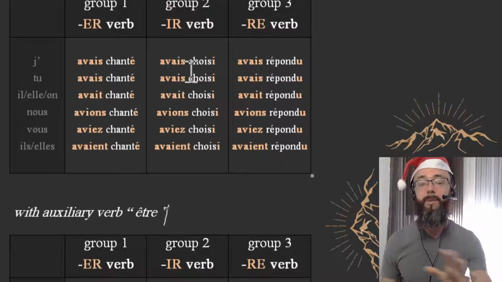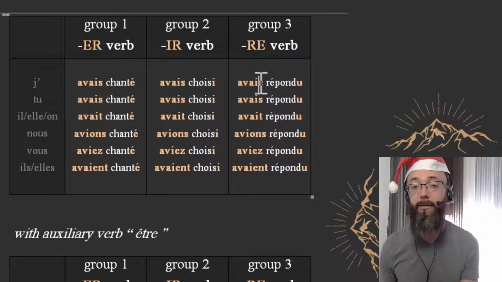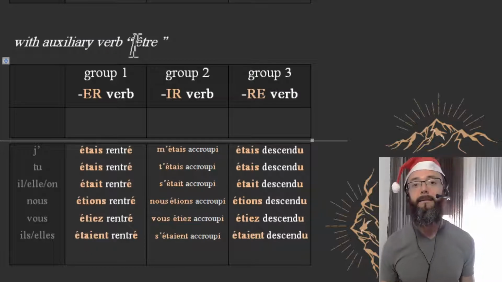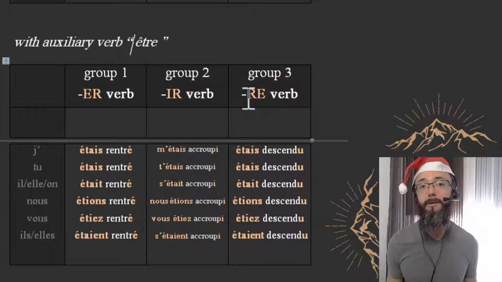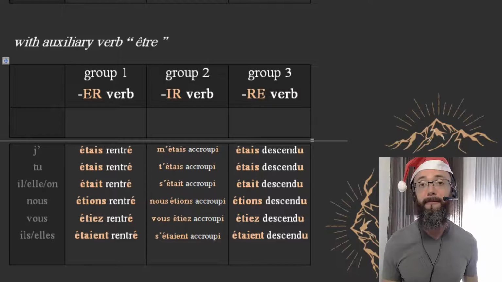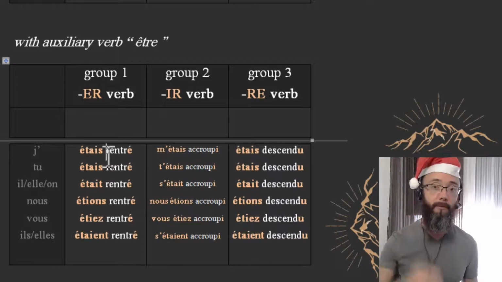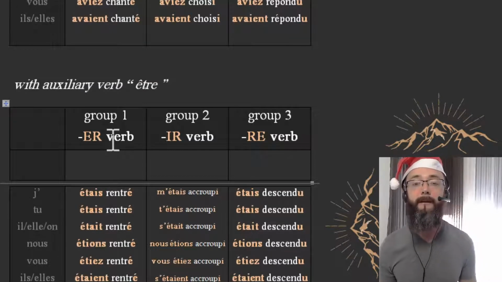And so we covered group 1, 2, 3 here. It's always the same. J'avais, tu avais, il avait. Of course, we're using the same auxiliary verb in the imperfect tense. And then I think it's easy to notice that since we're working with auxiliary verbs here in French, you're gonna need to know two auxiliary verbs. Avoir was the first one that we covered because it's the most common, but you also have être.